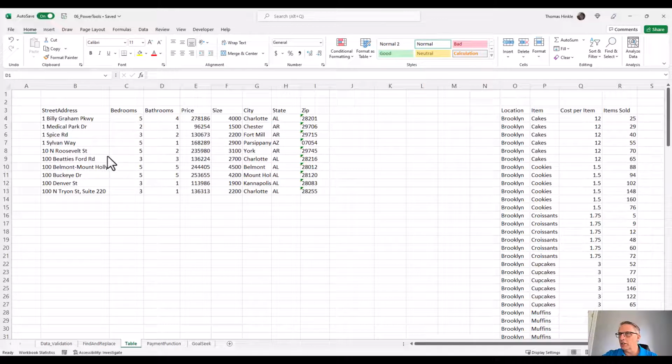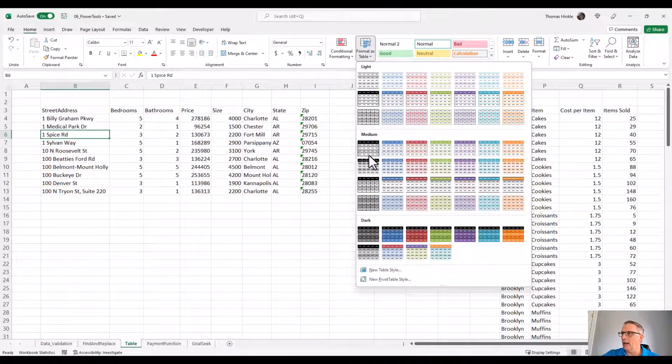First of all, on our table tab, we've got two tables, and we're mostly going to work with the one on the left, the smaller one, so you can see. At the end, we'll do a couple things with the one on the right. But we do actually have technically a table here, but let's make it an Excel table. Now, probably the easiest way to do that is off the Home tab. We'll go down to the button that says Format as Table. Click this drop down